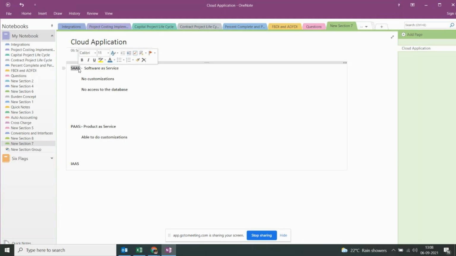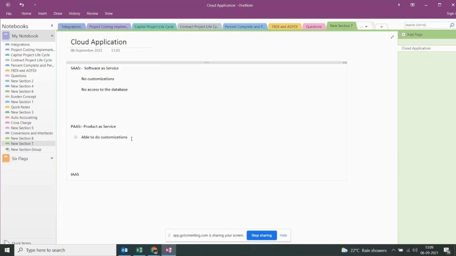No customizations, servers and databases, everything maintained by Oracle. Even in the past it is the same. All the servers and database, everything is maintained by Oracle, but still they will provide a work area where we can do customizations, right? Guys, are you with me?